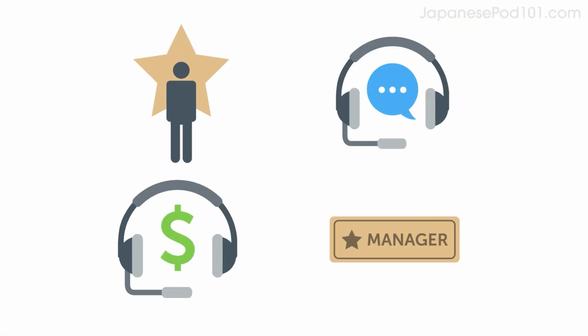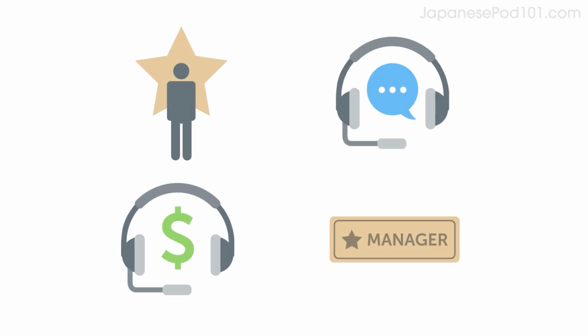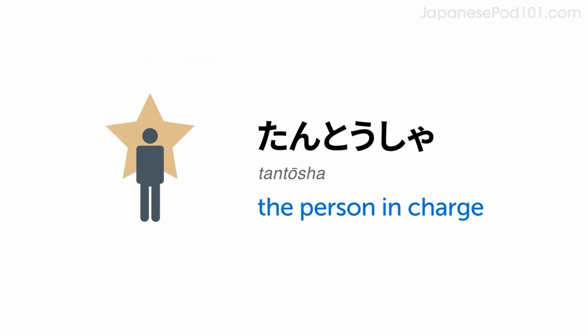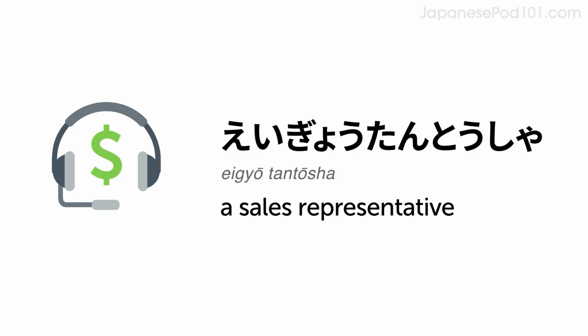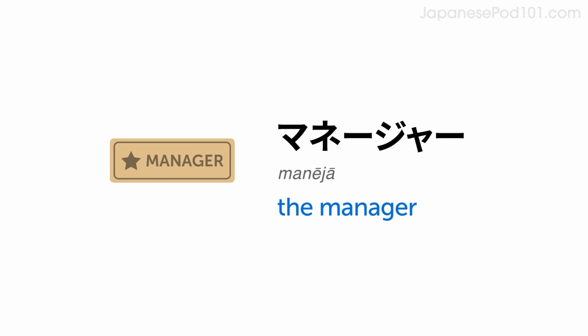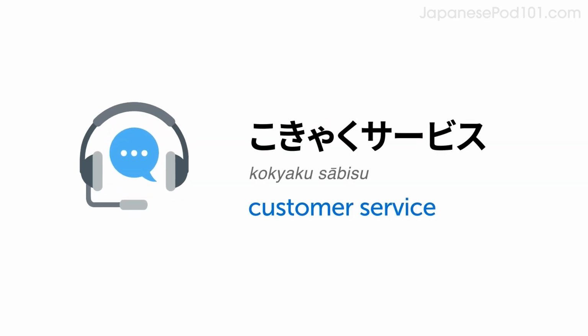Here are a few more phrases you can use with the same pattern to talk on the phone. The person in charge. 担当者。 A sales representative. 営業担当者。 The manager. マネージャー。 Customer service. 顧客サービス。